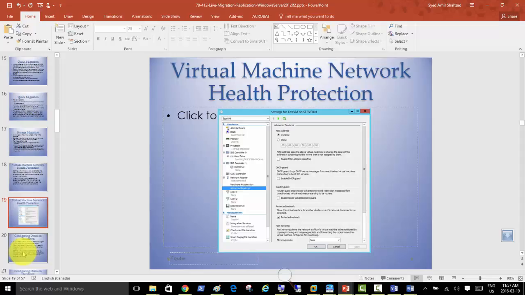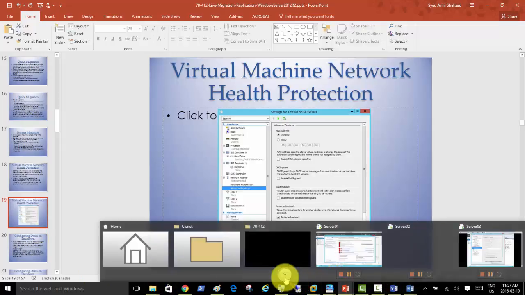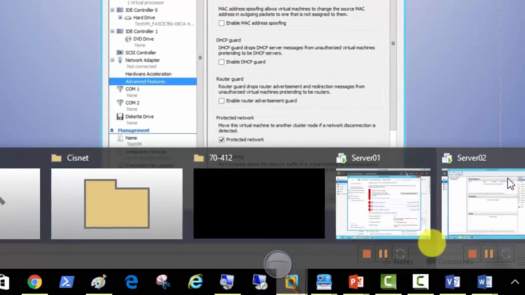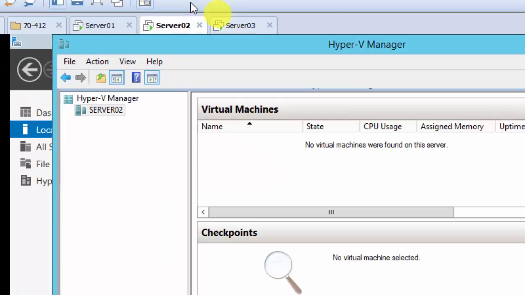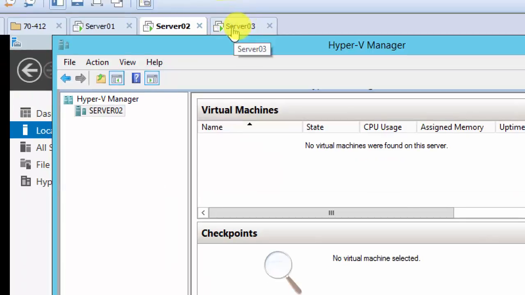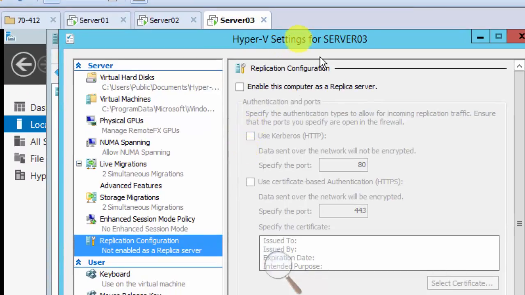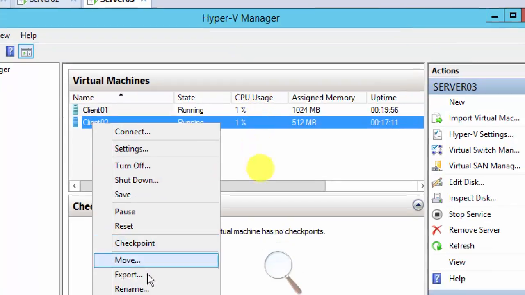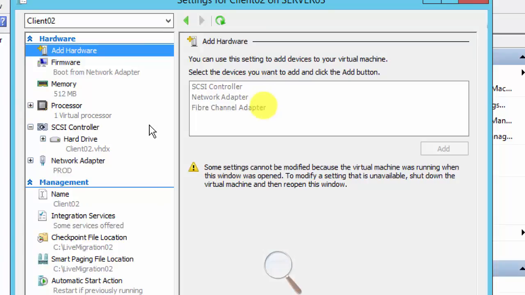Virtual machine network health protection: move the virtual machine to another cluster node if a network disconnection is detected. That's a very good feature. That's for a test VM actually. So let's see where that option is. The option says that if you see a network failure, automatically start moving back or forth to that other server. So if I go to that virtual machine here which we just migrated, and settings is there, and then we go for